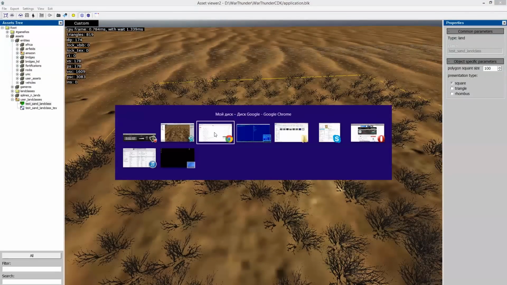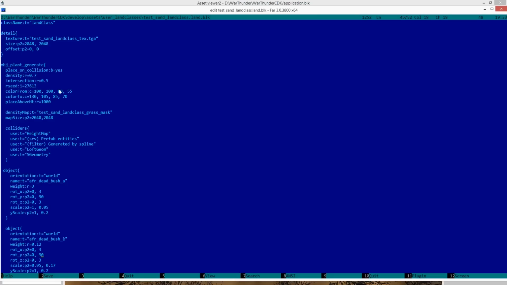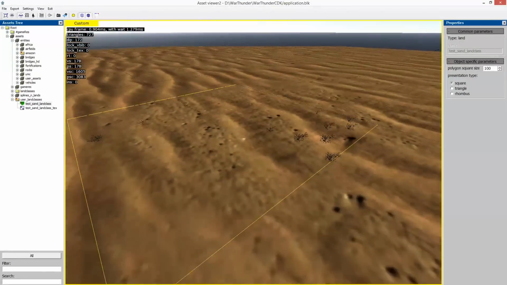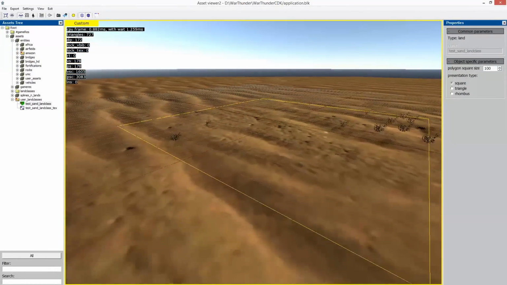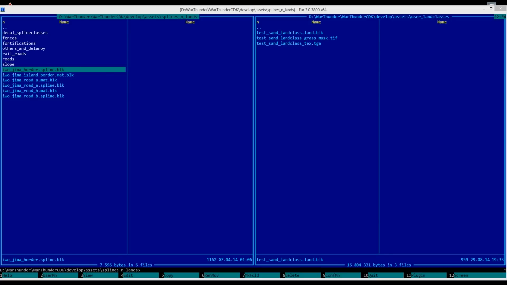Therefore, let's go back to our land class and make the overall object density around 20 times lower. And now we can see that the density has been reduced. The land class is basically ready to be imported into the game. But before we do that, let me tell you how splines are created. As we can see, the spline class consists of the spline itself